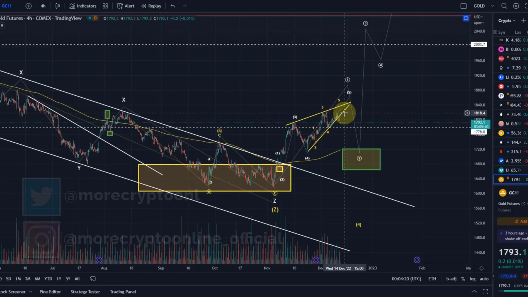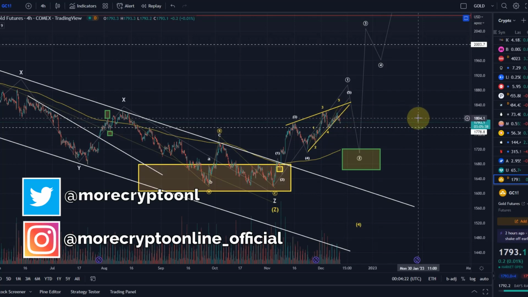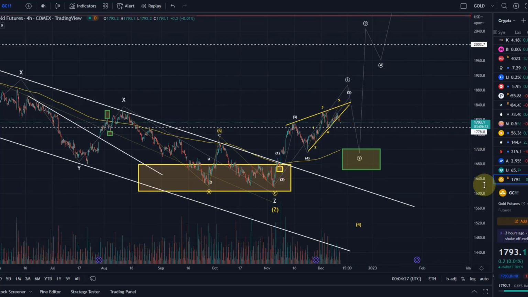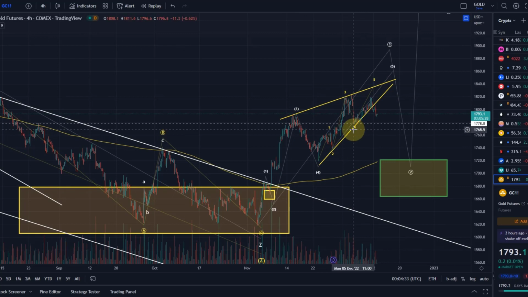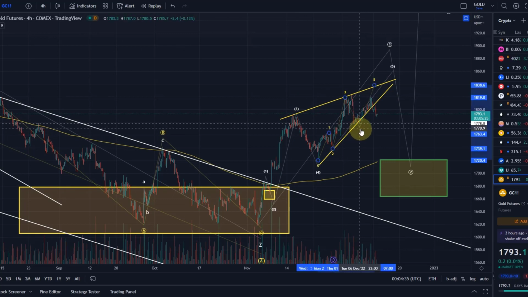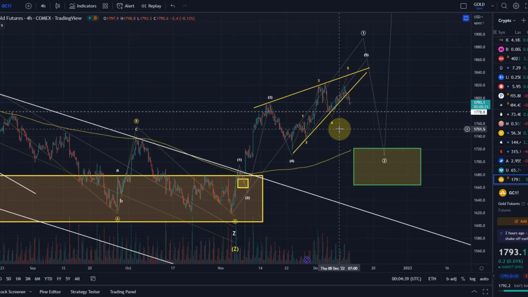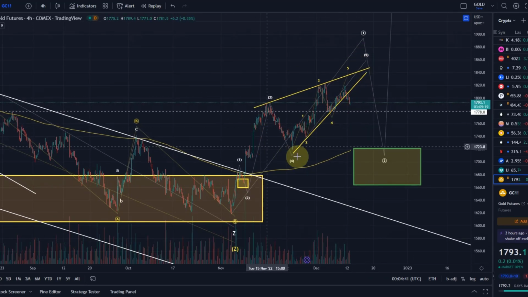So we have a little bit of a change here. I mean, no change to the wave count, at least not yet. Gold is still holding, but it stopped climbing within this ascending wedge. As you know, an ascending wedge can be considered a rather bearish pattern. At least it is a pattern of exhaustion, which would indicate that at some point this movement here to the